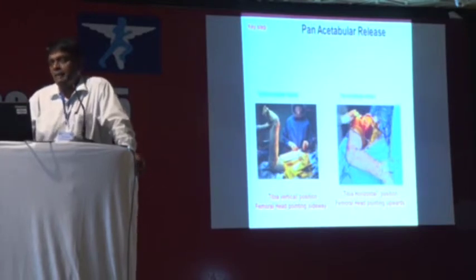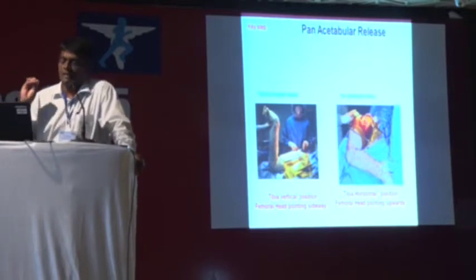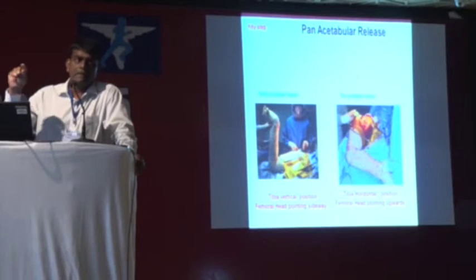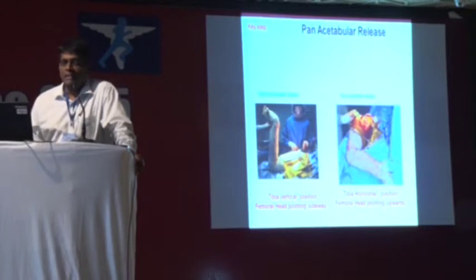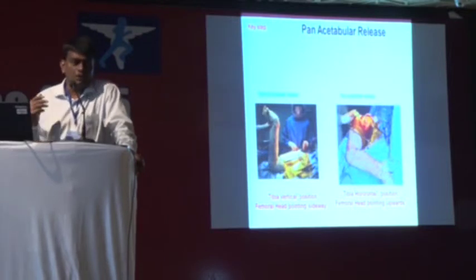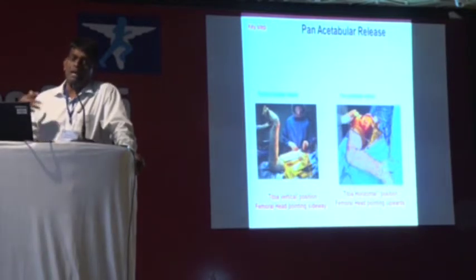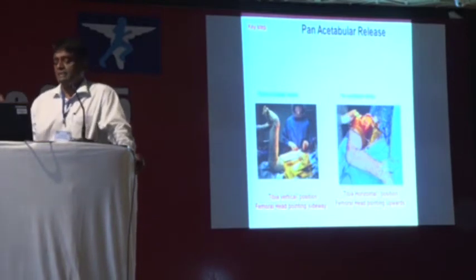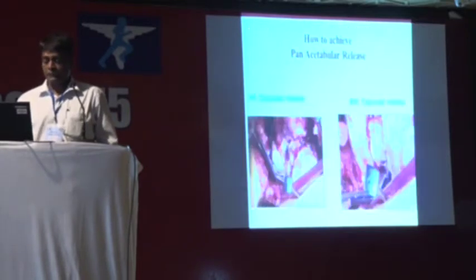In any pathological arthritic hip, like the knee, there is a contracted capsule. The capsule is the structure that is always the problem. It's not the iliopsoas, it's not any extra structure, it's always the capsule. So 360-degree capsular release must be an essential part of all your arthroplasties. I find a lot of people saying, I don't release the anterior capsule because I think it will dislocate. You are wrong. A recently published paper said that if you don't release the capsule, the dislocation rate is higher. You must balance the hip. You must release posteriorly, and you must also release anteriorly. A 360-degree release is absolutely essential for many arthritic hips that are stiff.